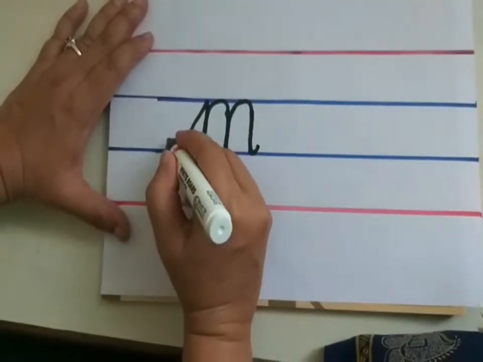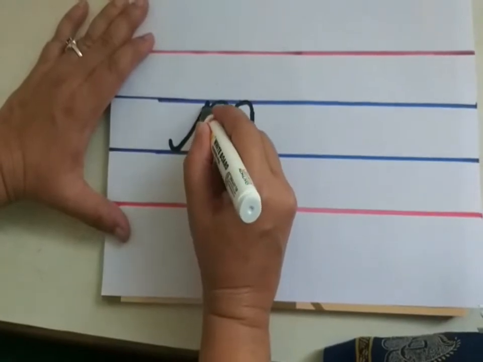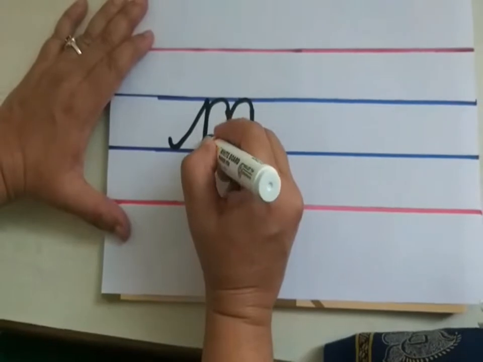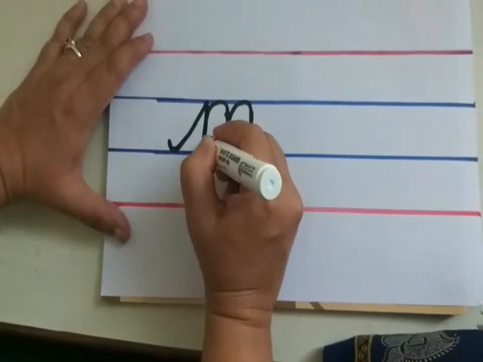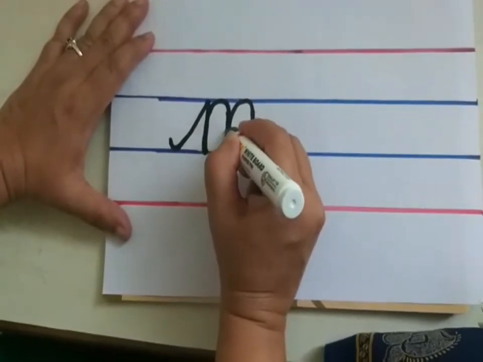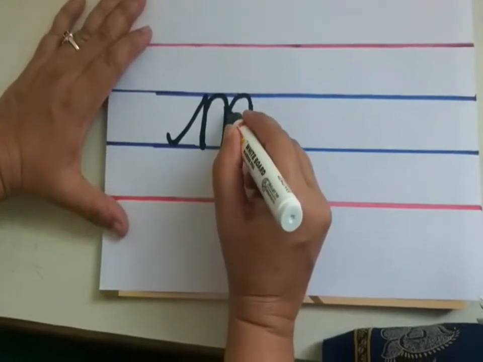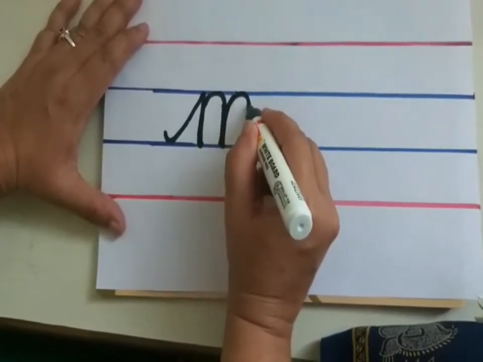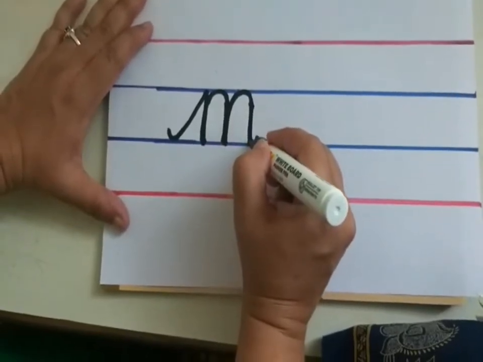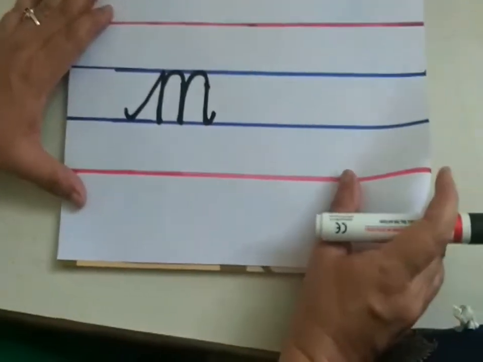Once again we will write. Make a small curve. Go up to the second blue line, children. Slanting line you have to make. Now come down to the third blue line. Again go up, make a half curve, children, like that. Now again come down to the third blue line. Again go up, make a half curve, children, here. Okay, come down to the third blue line and make a small curve. This is small cursive M.